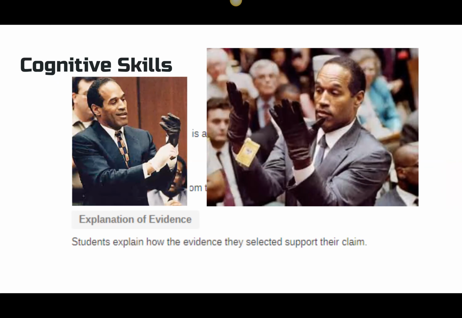Johnny Cochran says there's no way O.J. Simpson committed murder because whoever did left that glove at the scene, and O.J. Simpson's hands do not fit in that glove. Therefore, O.J. Simpson could not have used that glove and committed murder that night. Again, it becomes more important to explain the evidence because you want to show how that evidence supports your claim. And again, his claim was that he is not guilty. The explanation is almost as important as the evidence itself.